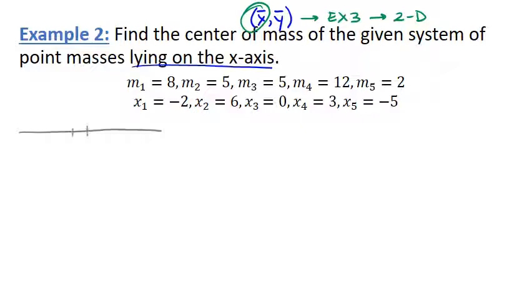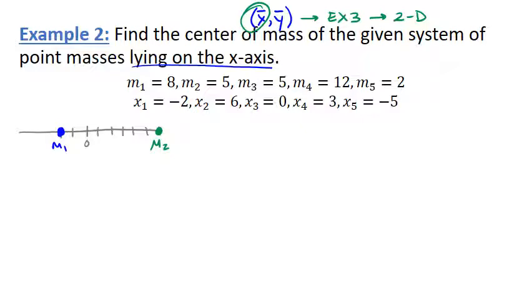It says that x1 is -2, which is right here. So this is where our first mass is, and it's a weight of 8. Then we have the second one at a distance of 6. So that is here,